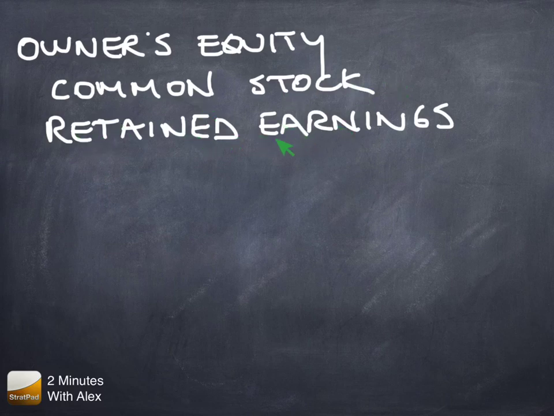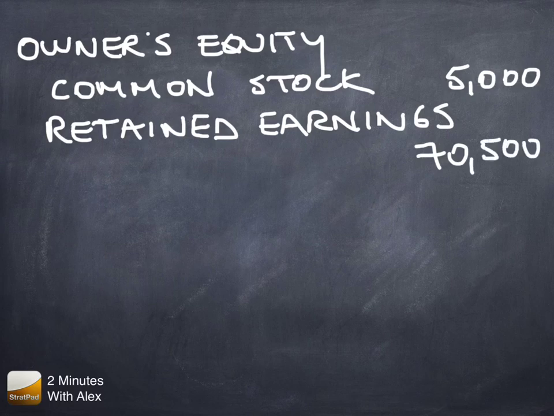And then retained earnings are the total of all the profit and losses for the company since the company began up until today. So let's put a couple of numbers in here. Common stock, let's say that the founder put in $5,000 back a couple of years ago, and let's say that the retained earnings, the total of all the losses and the profits since the company began, were $70,500. And so we put a line there, and we'll now total all of the items in owner's equity, and this will be